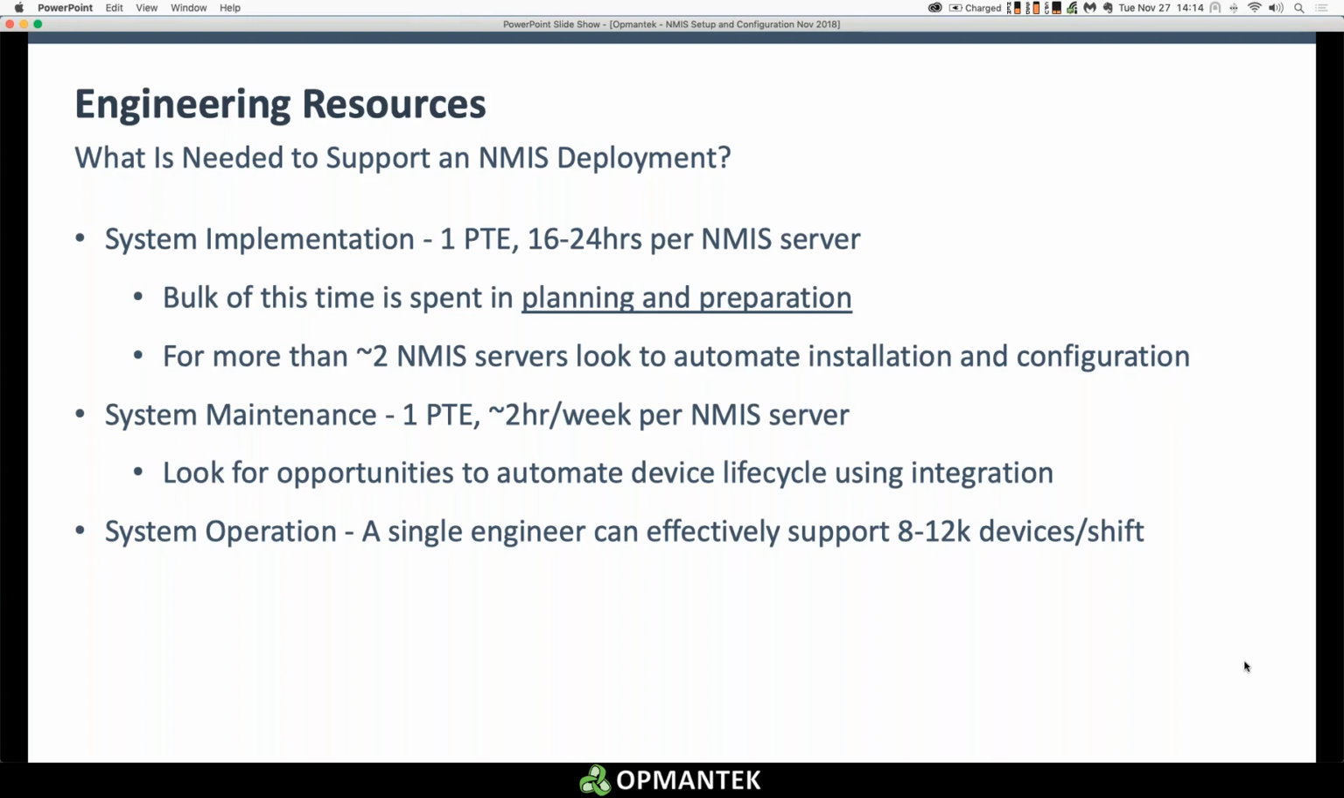Looking forward to after the system is set up and running, what are you looking at? How much feeding and care does NMIS require? Really, I try to suggest for each NMIS server that you have an employee who can do about 2 hours a week. That's not 2 hours in necessarily one shift. It might be 20 minutes a day throughout the week,